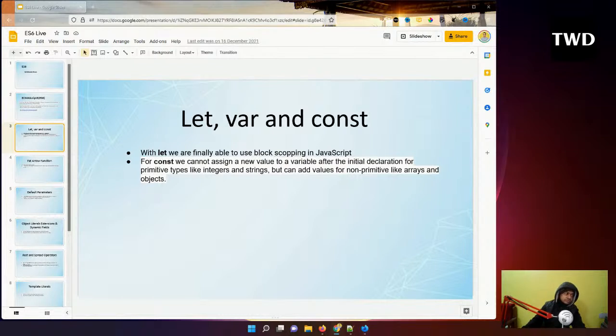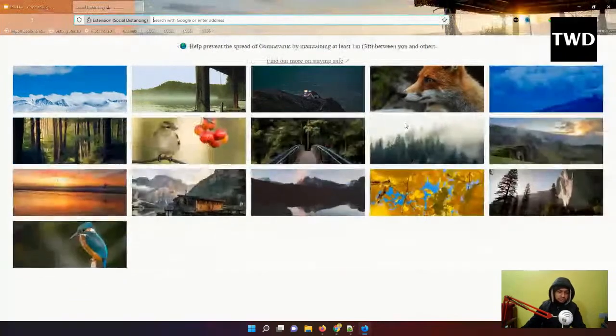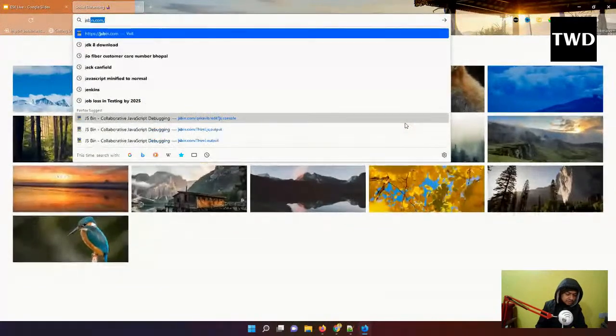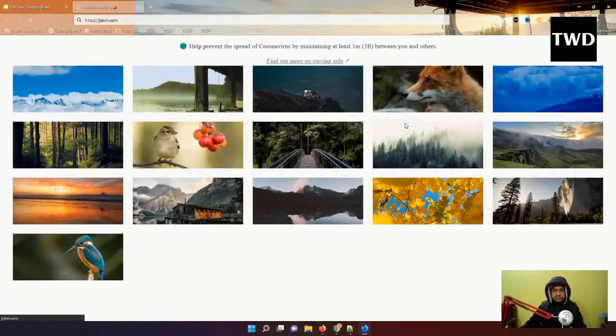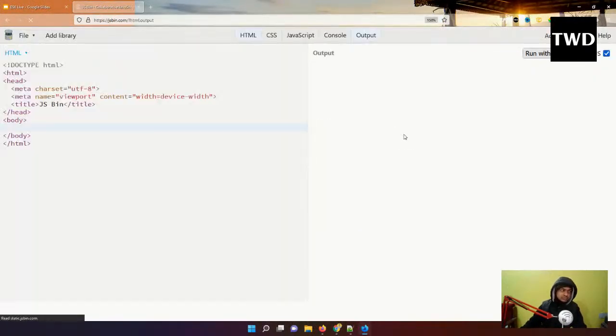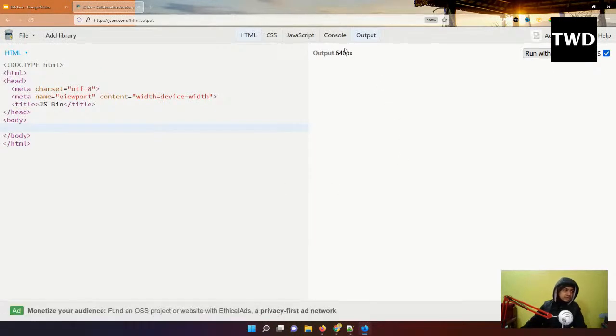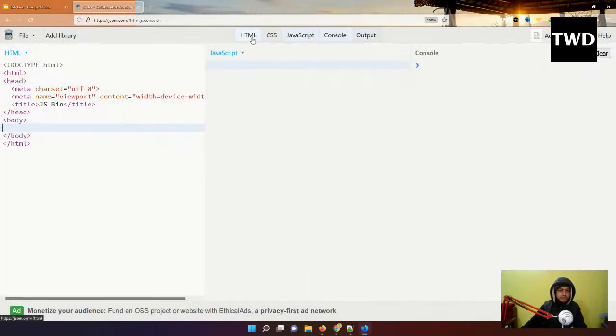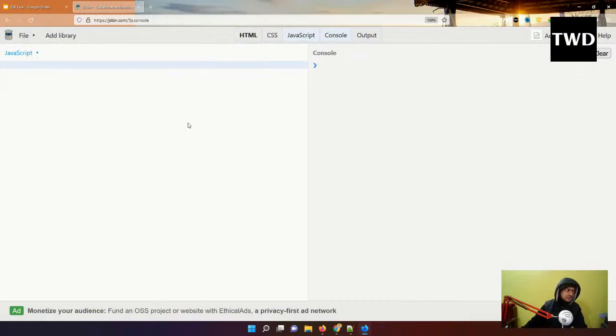Again, we are going to look at everything through our favorite JSPin. I think 150 is more than enough. And in JavaScript and console I'm going to come. Here, with var and let, we have done the scoping thing. But let me again, we are going to learn about const now. So const